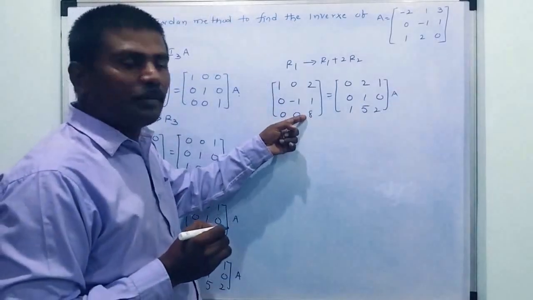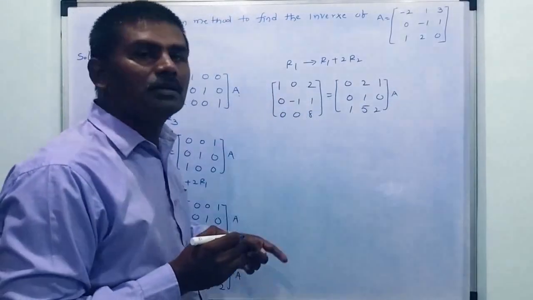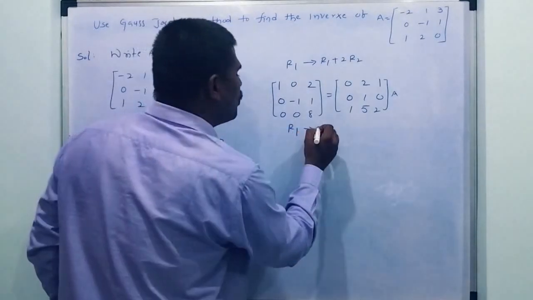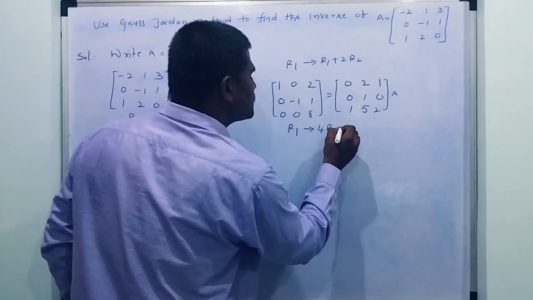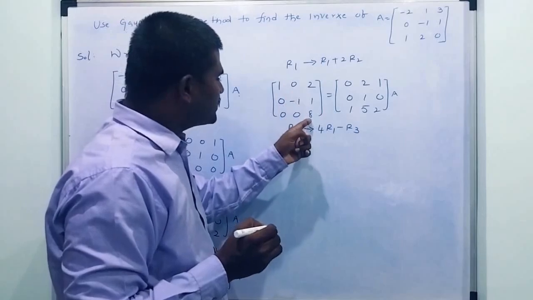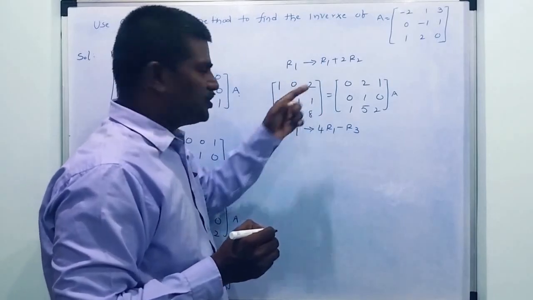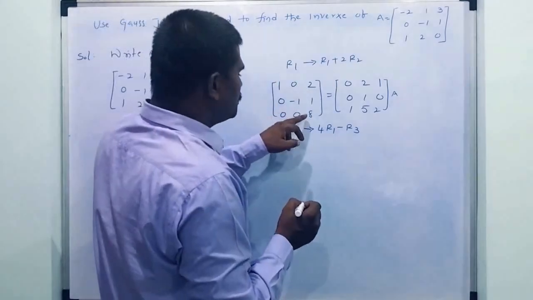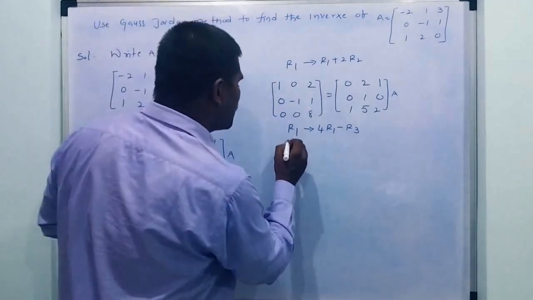Now use this element and make these two elements as 0. That means R1 tends to 4R1 minus R3. Multiply this one with 4. 8, 8 minus 8 will become 0, which will be 0. This is also 0. This is 4 only. And also use this one and make this one as 0. R2 tends to